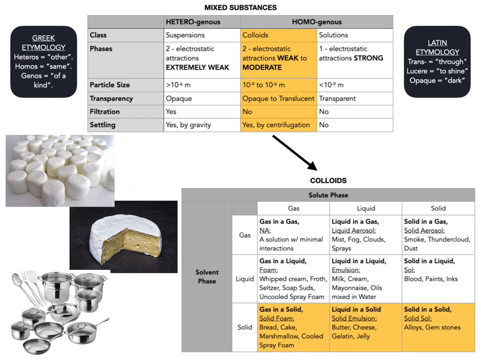Finally, we can have solid foams, solid emulsions, and solid sols. In cake or bread, pockets of carbon dioxide and air can become trapped within the solid phase. In cheese or butter, liquid fatty acids can be trapped in the more solid fatty acids, and solid proteins in the case of cheese. Finally, in gemstones or metallic alloys, a variety of solid phases can be mixed with one another.